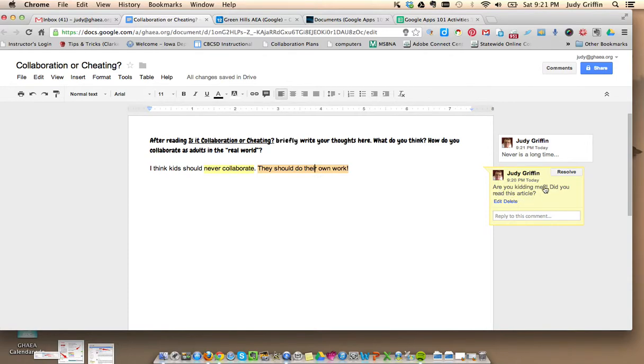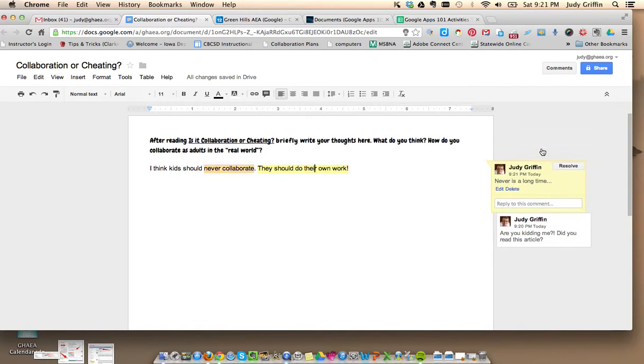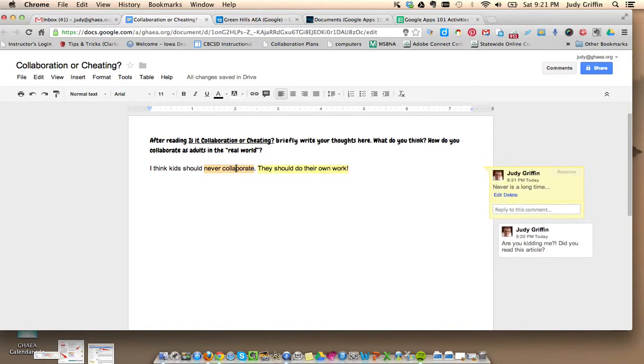Now, once somebody has commented, you can actually reply to their comment simply by clicking on either the comment or the comment in the document to bring this up, and then click in the reply to comment. This is where you can actually have a running or threaded discussion out to the right without ever affecting what's written over here. Now, myself as the commenter, I have the option to edit my comment,